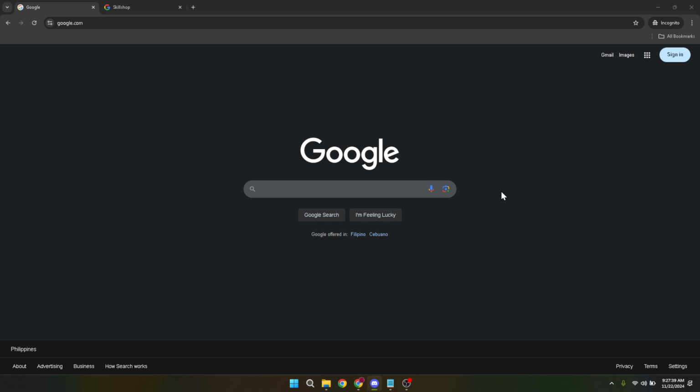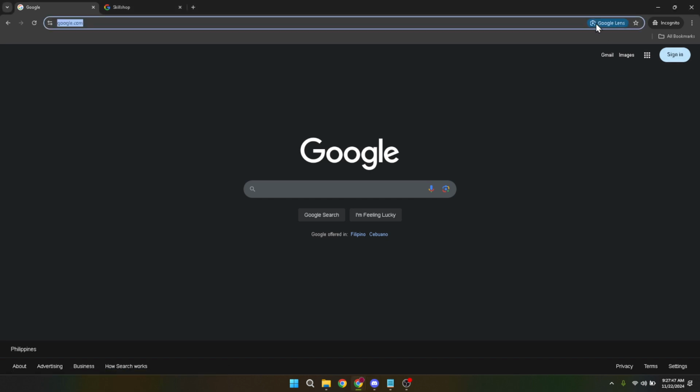First things first, start by opening your preferred web browser. With a myriad of choices out there, choose the one you're most comfortable with. Chrome, Firefox, Safari, it doesn't matter. Once you've got your browser open, head over to the Google homepage. This is your gateway to accessing all of Google's services, including Google Analytics.